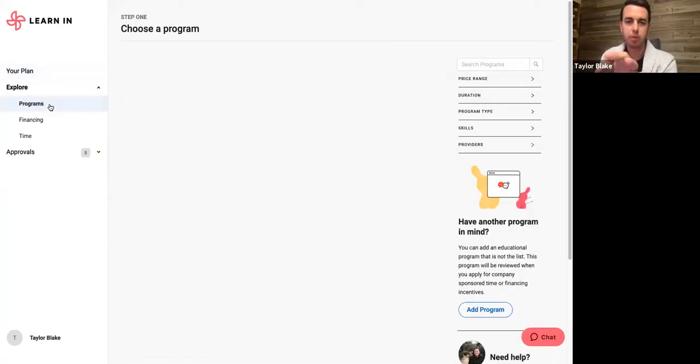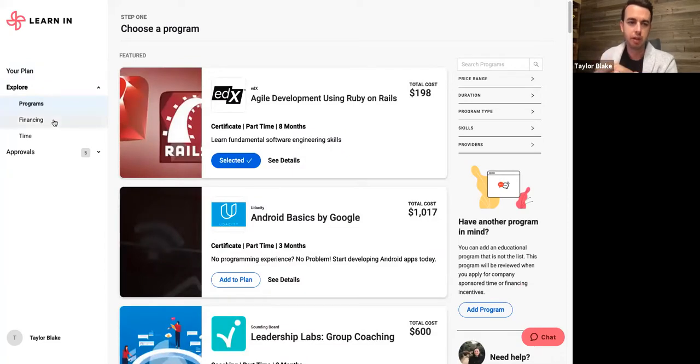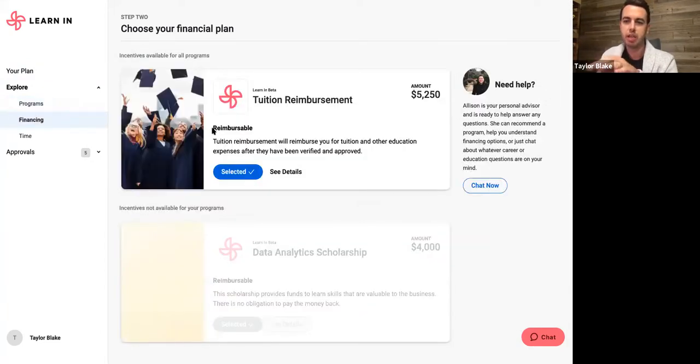So we talked about the programs that you can make available, but there's also different types of financing options and financial incentives that you can create and set up. So we talked about the tuition assistance or the tuition reimbursement use case, but you can also create targeted scholarships around specific skills. Now, in this case, it's a data analytics scholarship, and you'll see here it's inactive, not currently